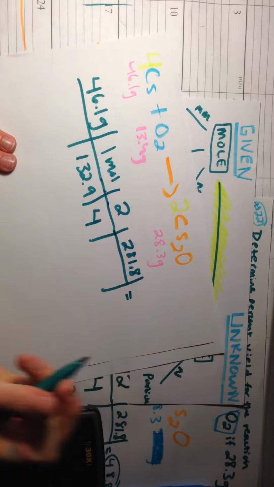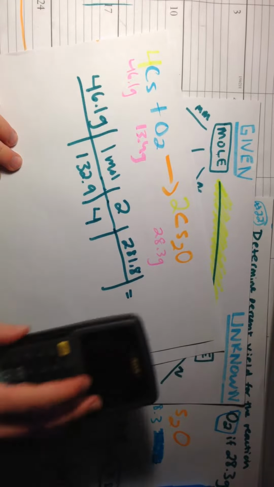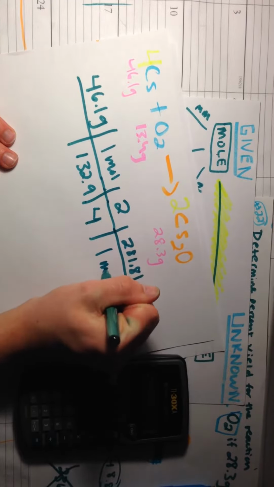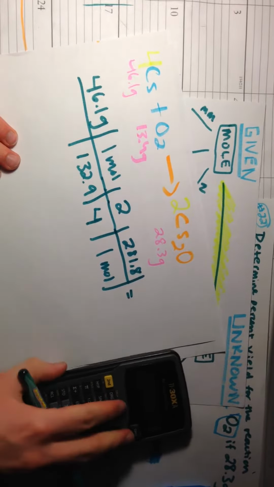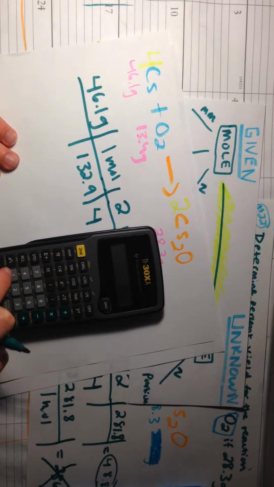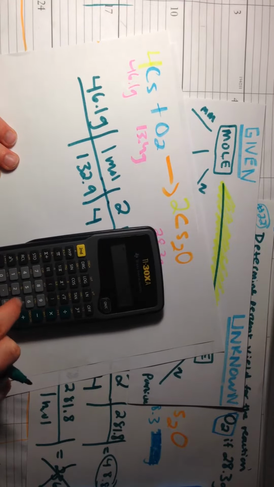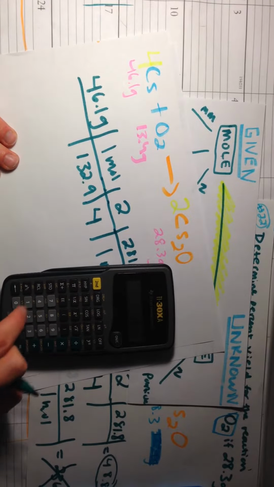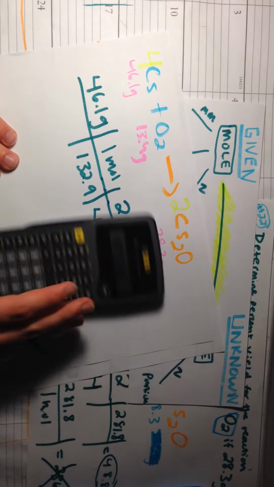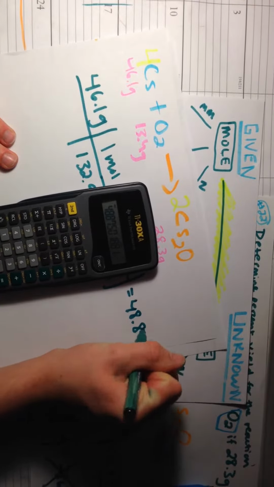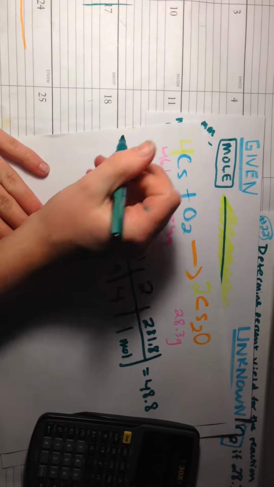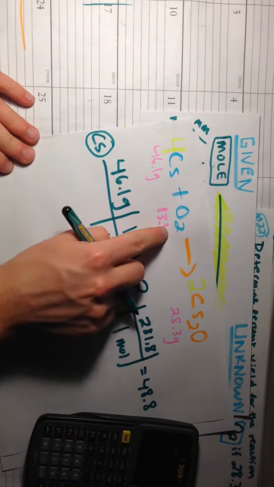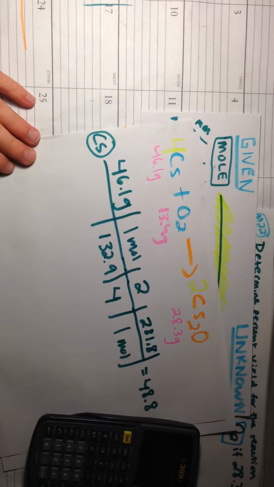281.8 equals, and then everything on top multiply, everything on bottom divide. Let's go 1 mole. So 46.1 divided by 132.9 times 2 divided by 4 times 281.8 equals 48.8 roughly. Let's go ahead and label this. This is Cs, cesium. Now we need to go ahead and do oxygen because we don't know what the limiting